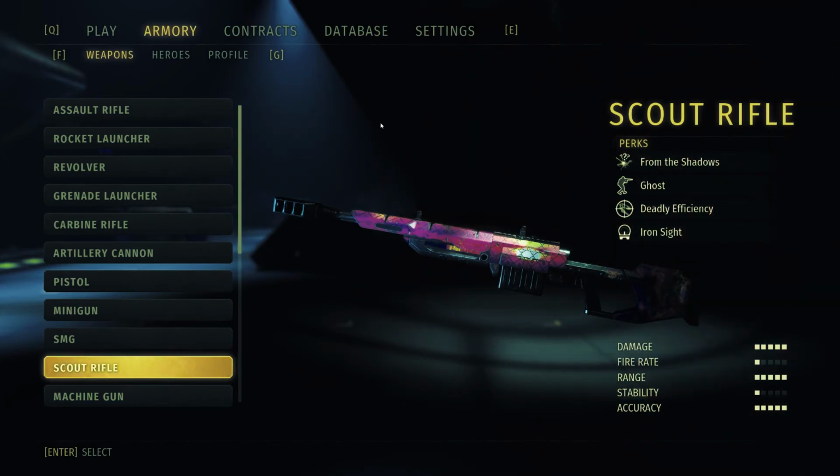Anyway, so today we're doing another one of those crispy weapon reviews, and today we're covering none other than the requested Scout Rifle. Got this request on my Discord server,